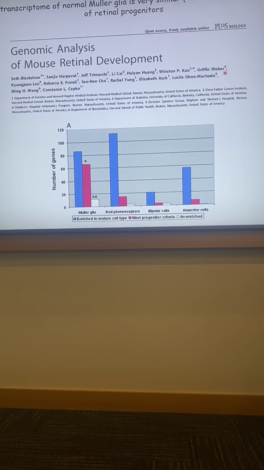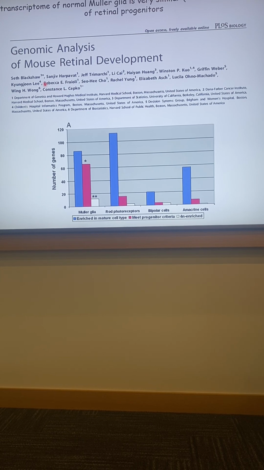How similar are glial cells, actually? This is an old study. We've got much better data. I should really update this, but Connie Sapko, oh, Connie Sapko was actually the one who did the viral lineage tracing. She's getting awards for that too, because she's going to be retiring soon. She was the one in the late 80s who did the virus lineage tracing to show the multipotent nature of